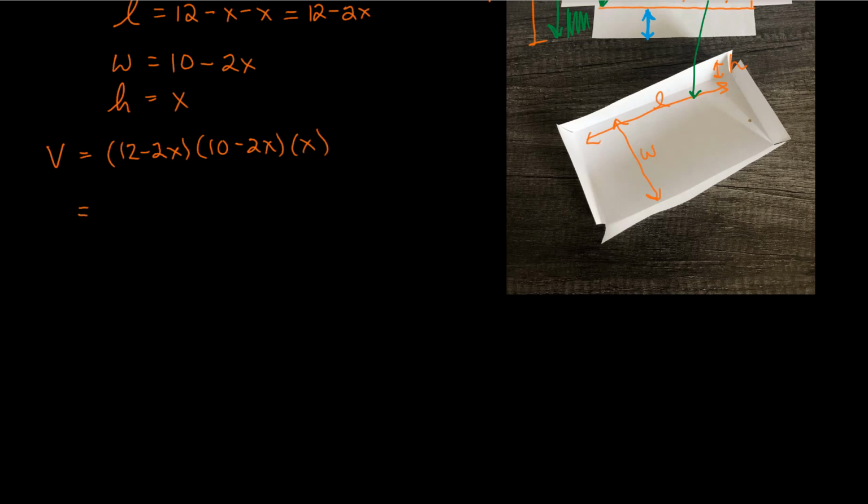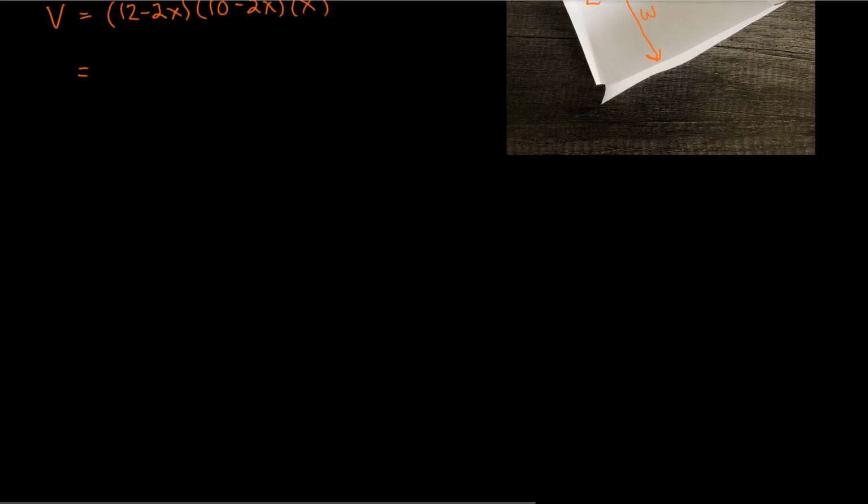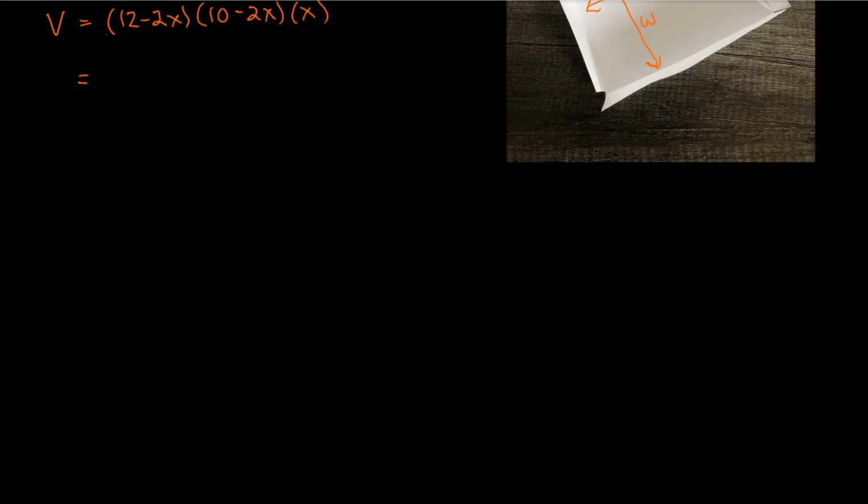I could take the derivative of this using an extended product rule. Yeah, that looks like a lot of fun. And remember, once I get the derivative, I'm going to have to set it equal to 0. So algebraically, I want to clean this up as much as possible so that it's an easy equation to solve, set equal to 0. Well, to accomplish that, what I'm first going to do here is multiply